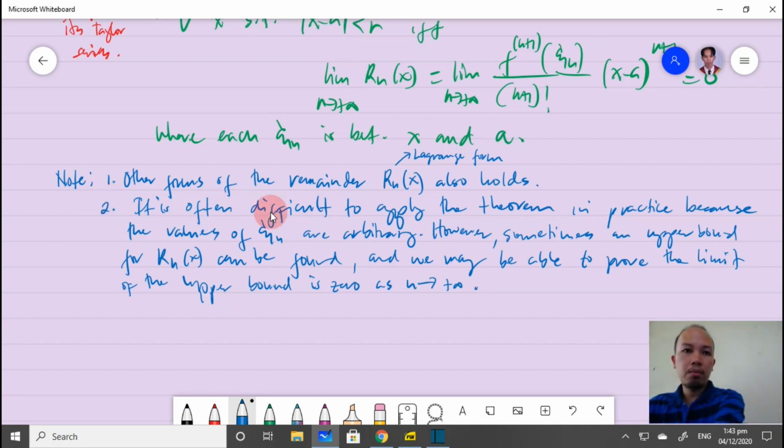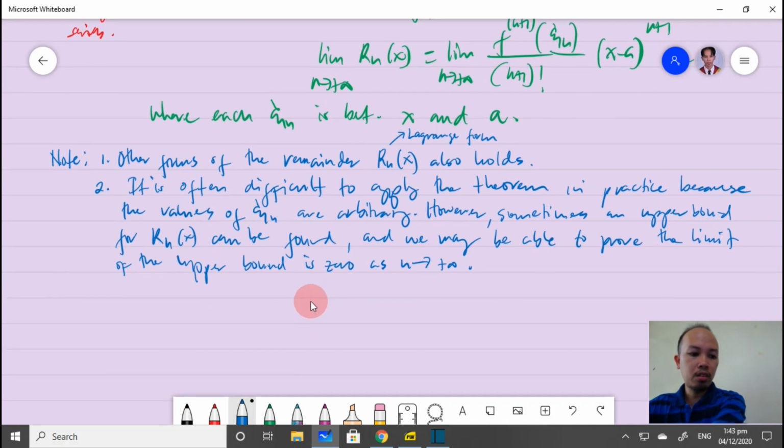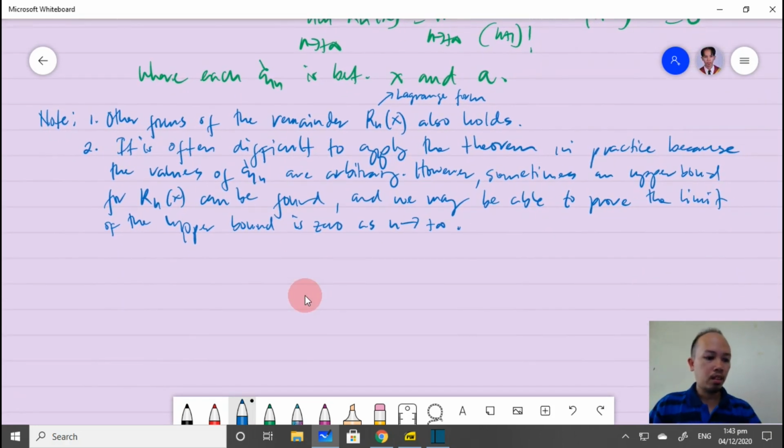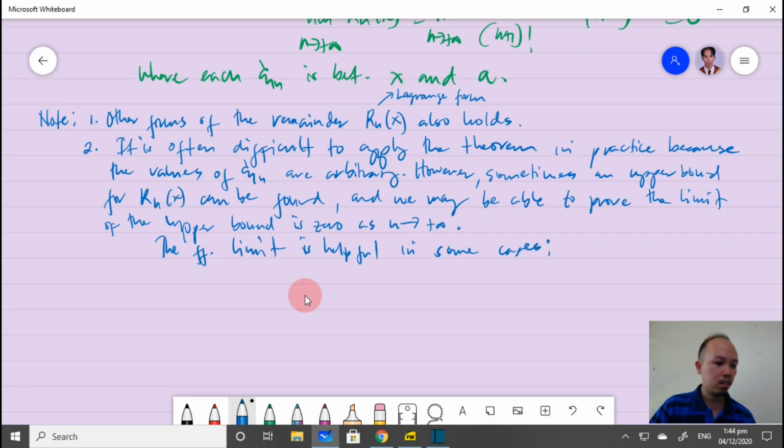And these are some well-known formulas, or limits, that are very useful in choosing an upper bound. The following limit is helpful in some cases. Number one, you can use this